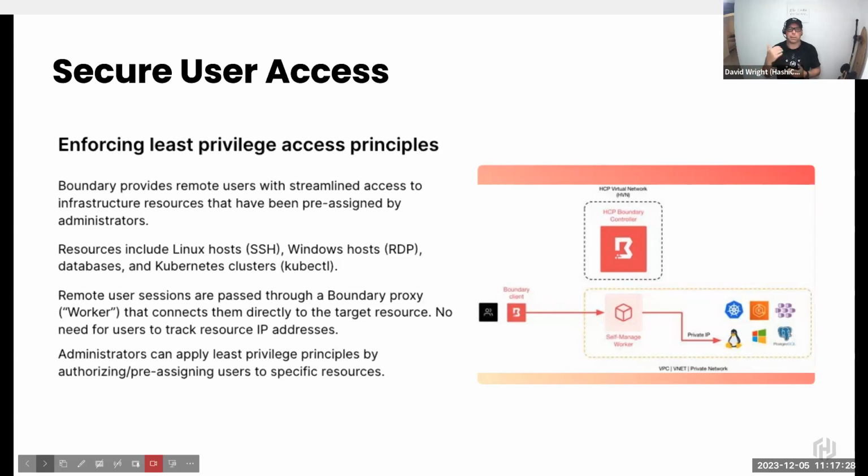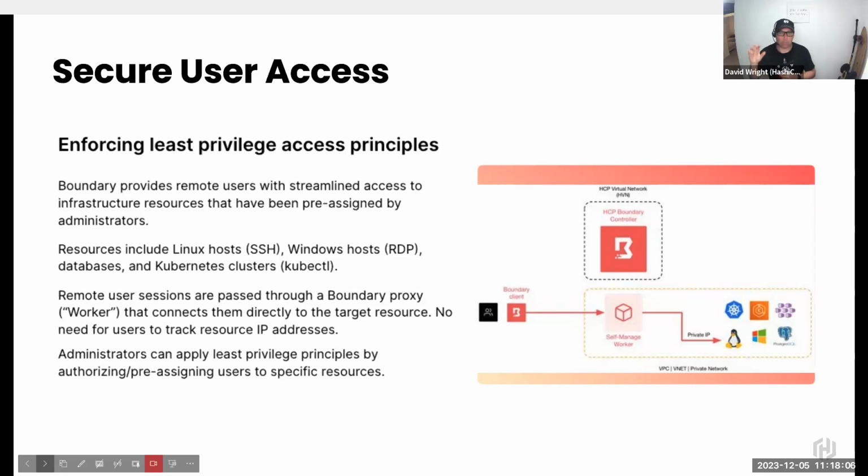Boundary workers can be chained as in a typical proxy chain. So you can chain deeper and deeper into the network to get access, based around security policies that only allow access from other workers. So your risk profile and your attack surface, in terms of the number of nodes that need to be compromised, also increase. And because that worker from the external side has a profile of inbound from the Boundary client only,